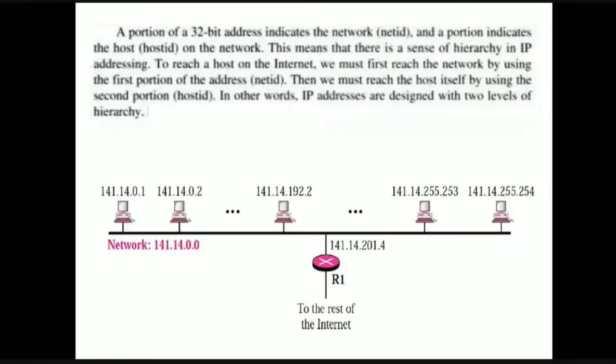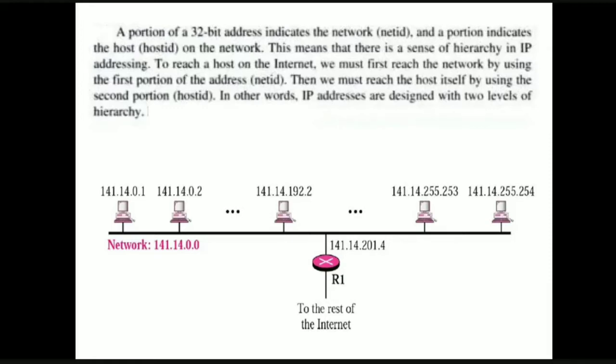Now if you see our 32-bit long IP address, it has two parts, as we already discussed: the network ID part, or net ID part, and the host ID part. What does the network ID part represent? The network ID part is used to identify the network, and the host ID part is used to identify the host. So whenever there is an incoming packet, first of all the router identifies the network only; in the first level we have the network address, and in the second portion we have the host ID.